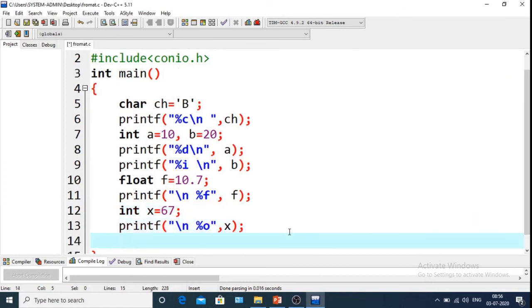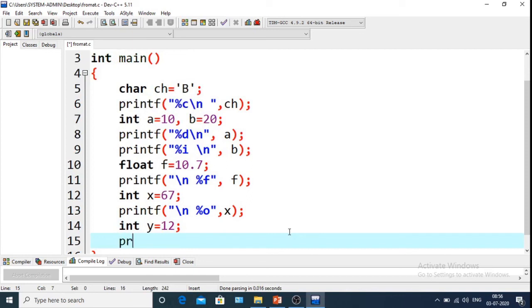Next, do another, suppose a hexadecimal. So we will use %x for that. Suppose int y equals 12. If we print it, printf \n %x, comma y.